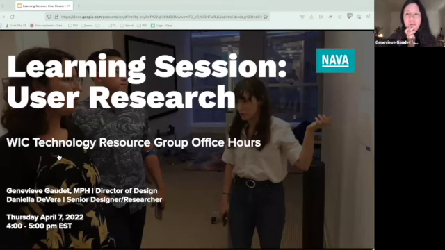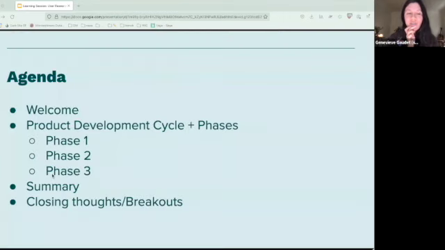So today we are really going to dive into what is user research. You know, when we talk about it, what are we fundamentally talking about? And there are a few different methods that we're going to tell you about from some of the projects that we've worked on here at NAVA. And we're really going to map them to the product lifecycle that LP was telling you about in our last session. So you'll see some of those themes start to come back up